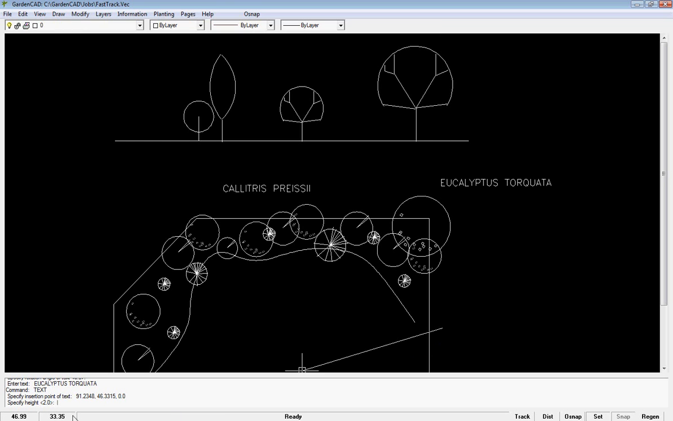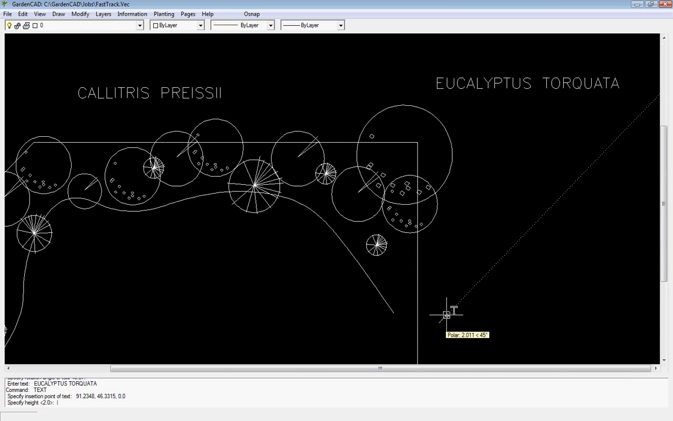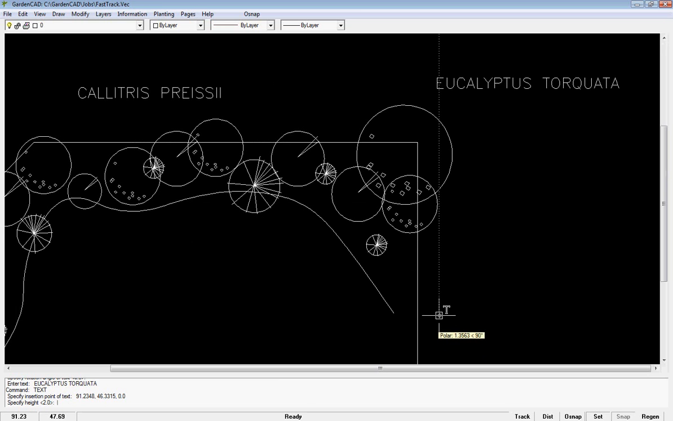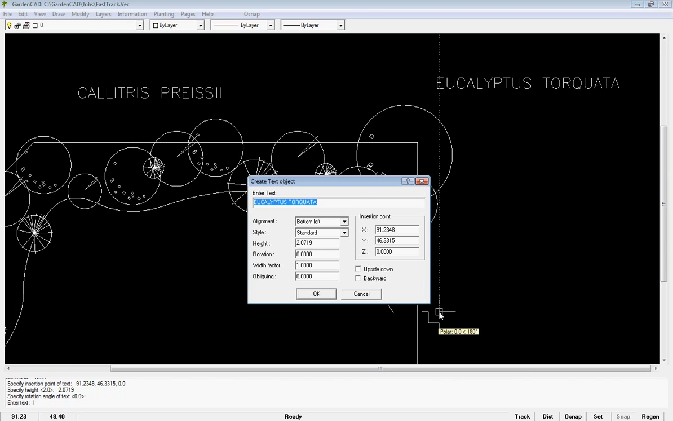You'll notice down at the bottom here it says specify the height. If I roll in a little, you don't need to type a particular number. You can just move your cursor up and down until you think you've indicated about the right height. And then it's asking you for the rotation angle, so you hit the enter key, and you can see I've just typed eucalyptus torquata, but we now might want to type 230 millimeter